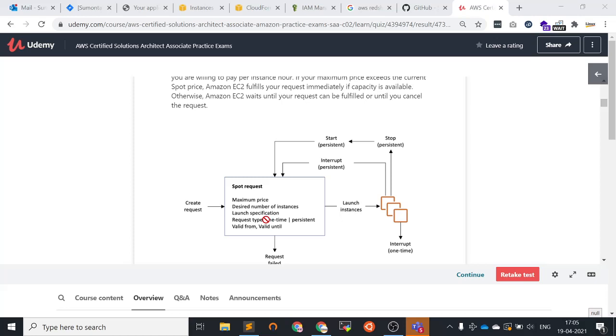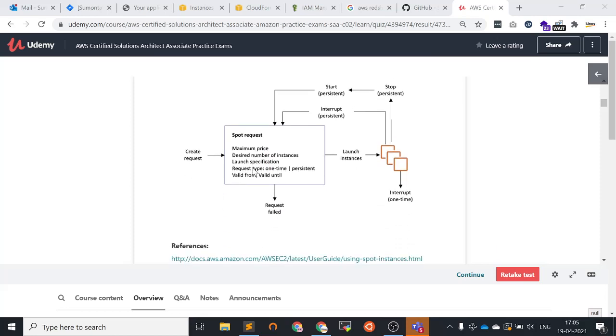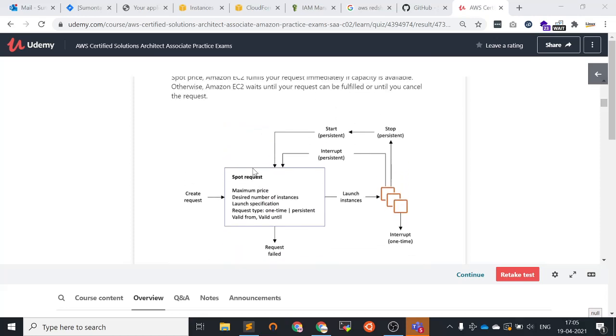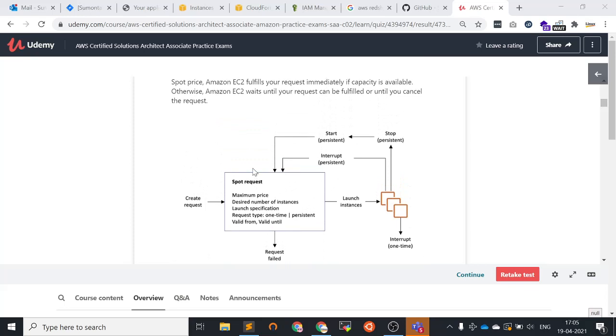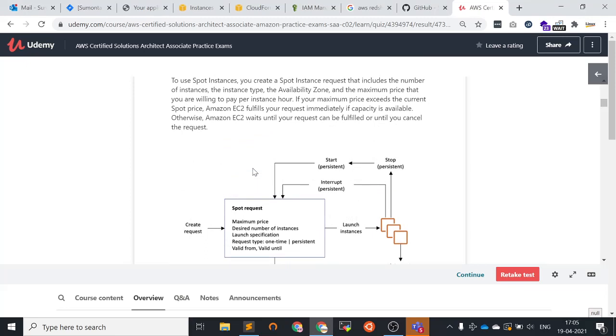So here is the diagram. With Spot Instances, you create a Spot Instance request that includes the number of instances, the instance type, the Availability Zone, and the maximum price that you are willing to pay per instance hour.